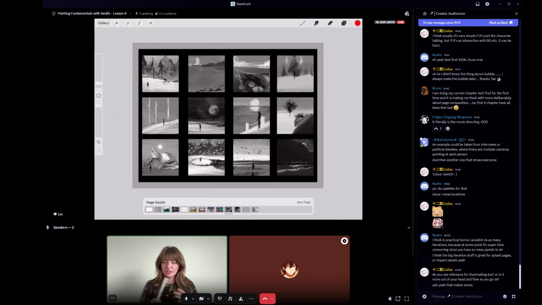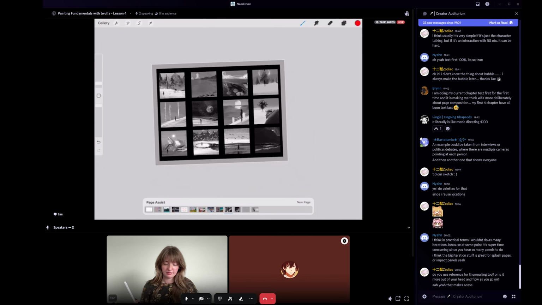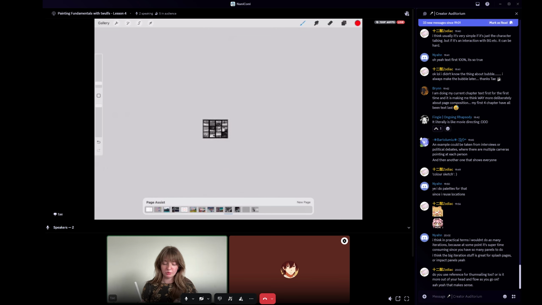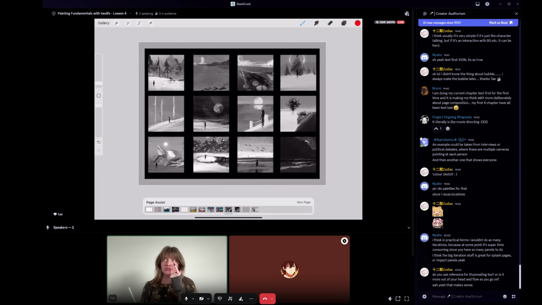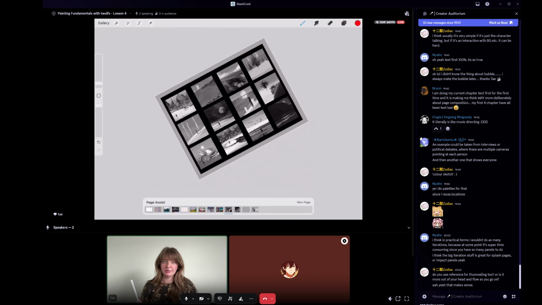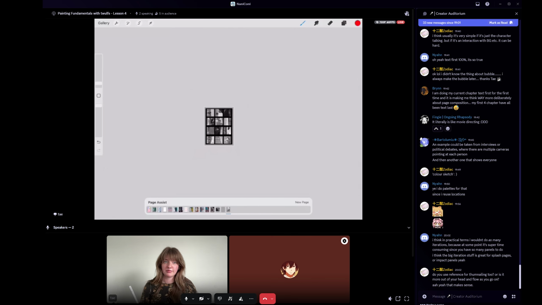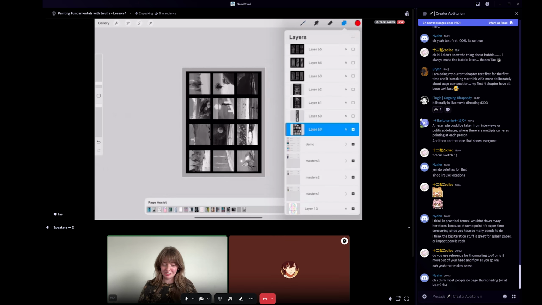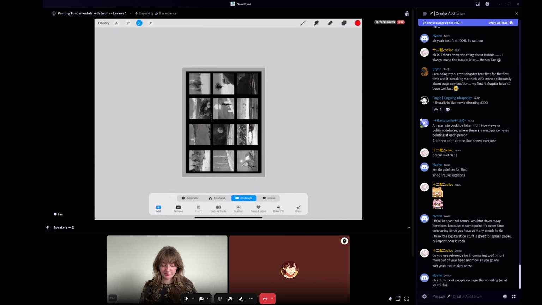It's basically about big shapes, which is what we talked about earlier. If it works from far away, then it will work when you turn it into a full piece. Which I think is also why it would be helpful to do page thumbnailing as full spreads instead of individual panels. Because, for example, if this was a comic, obviously these would be super boring panels because they're all square. But if we change some of the sizes,